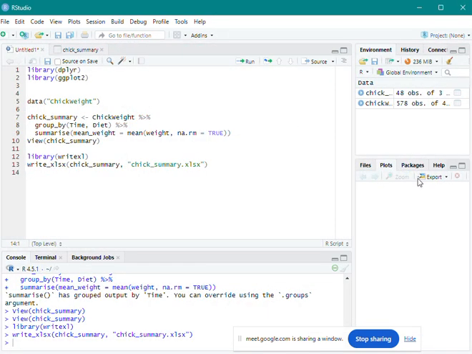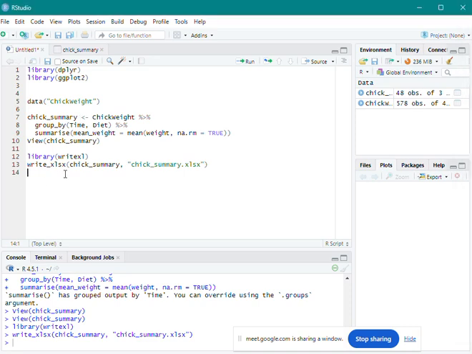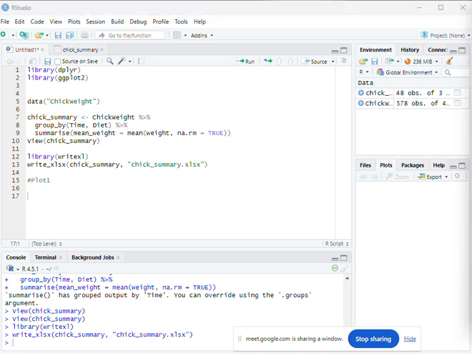Let's close that one. For part 4 of our group report, which is data visualization, we use the ggplot2 package. The ggplot2 package allows us to create professional and customizable data visualizations in R. For our first plot, plot one, it will show the average chick weight over time, grouped by diet type.